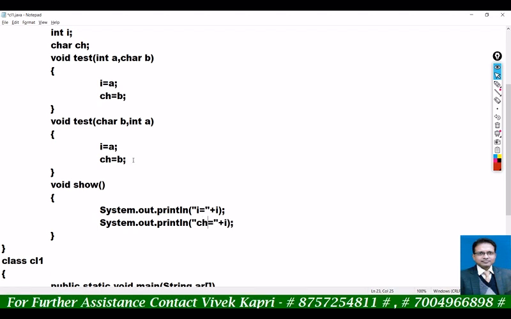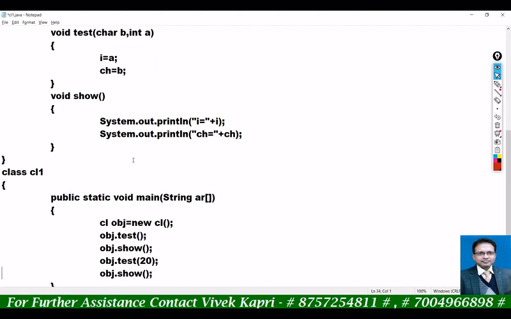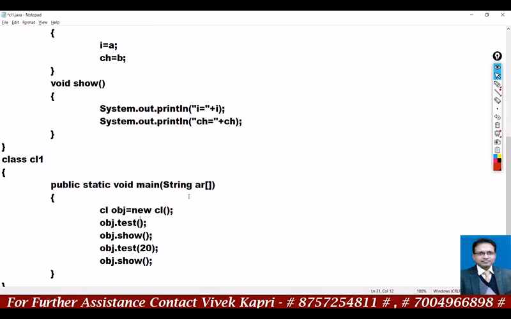This time we have to print ch equal to ch. Now call the function. In the first case I am passing 10 comma, a character written with single quotes, and in the second case I am passing capital B comma 20. Compile.